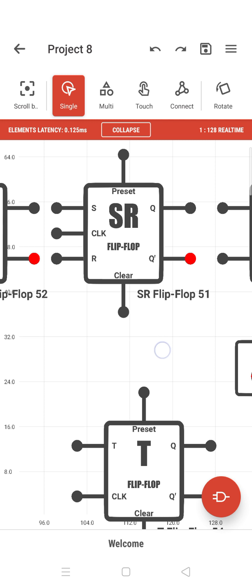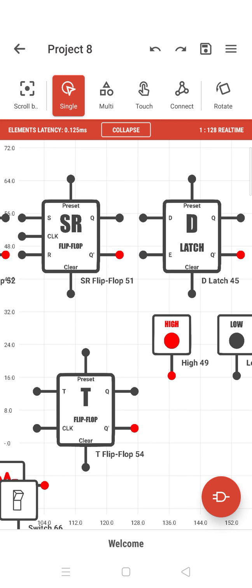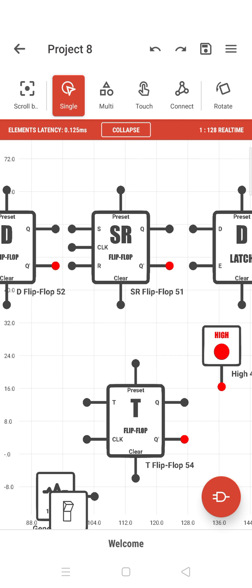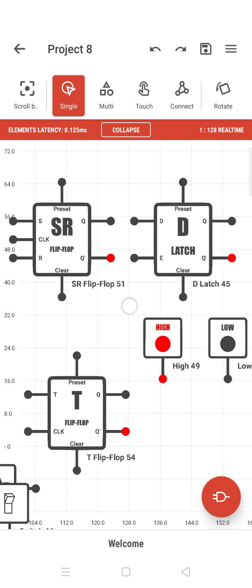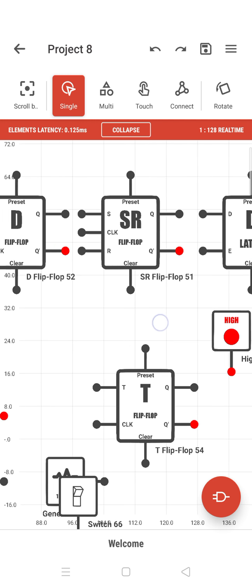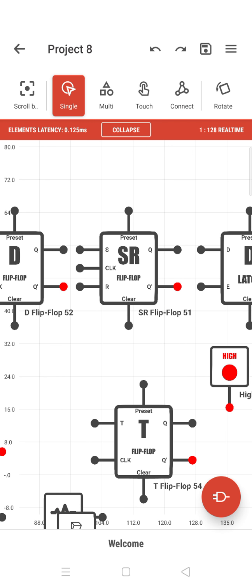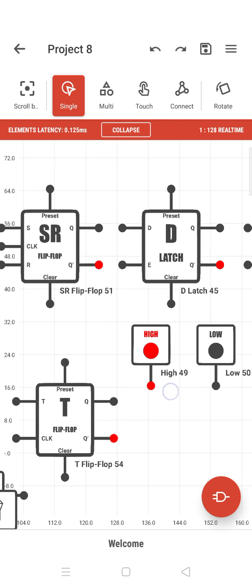SR flip-flop, I told you, same kind of thing. Serial flip-flop is a kind of circuit flip-flop which can be used. Mostly D latch. Latch is the kind of thing which you can latch onto a particular state. Whichever state you give in, it is a kind of storage also. If you take a flip-flop, it is usually for designing some kind of memory storage, which is like processing and other things. For a processor you use a D flip-flop, an SR flip-flop, a D latch.